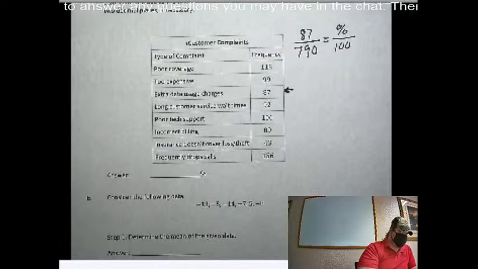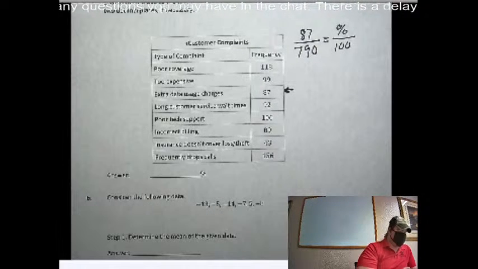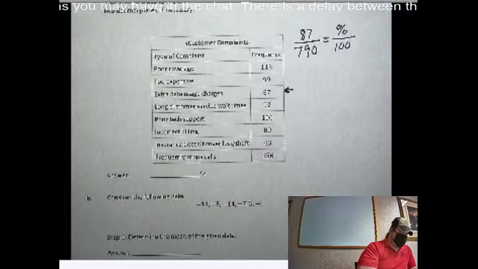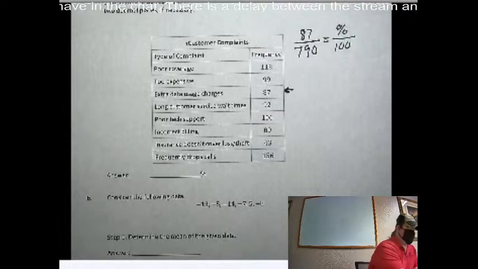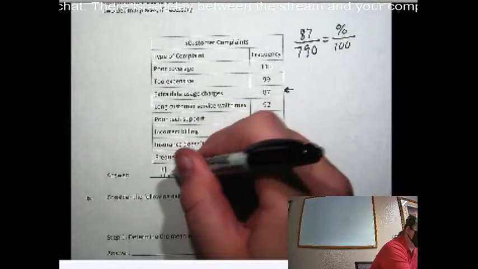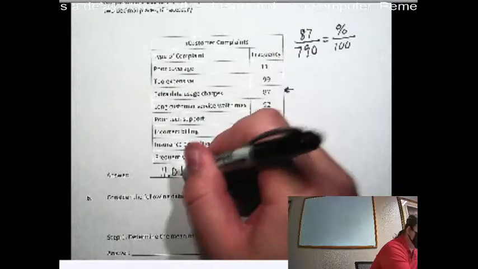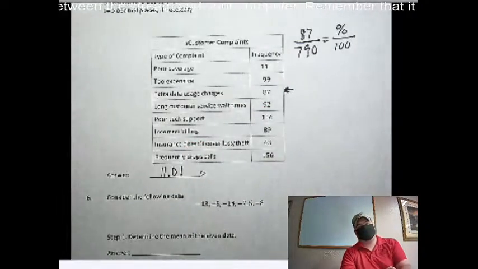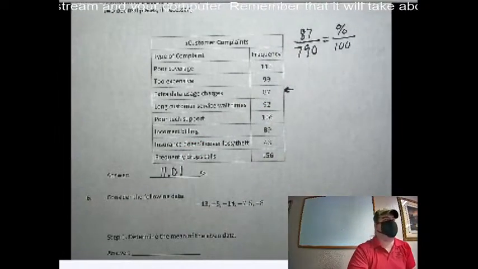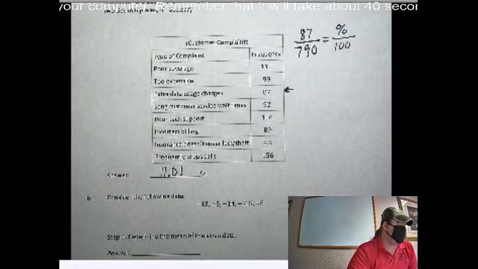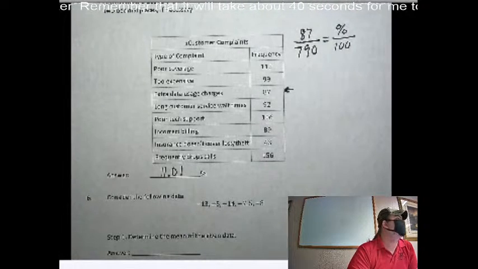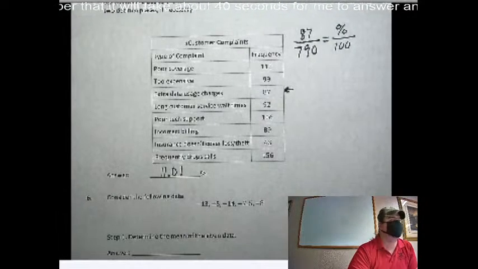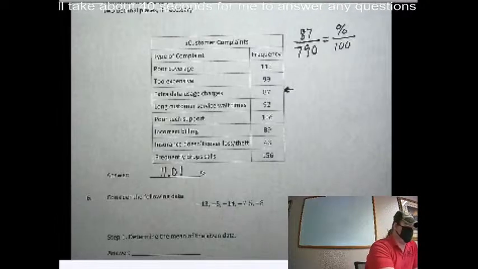So 87 divided by 790 and then times 100 to get a percent gives me 11.01 if I round that. So there's our percent. Any questions? No? Okay. Next,